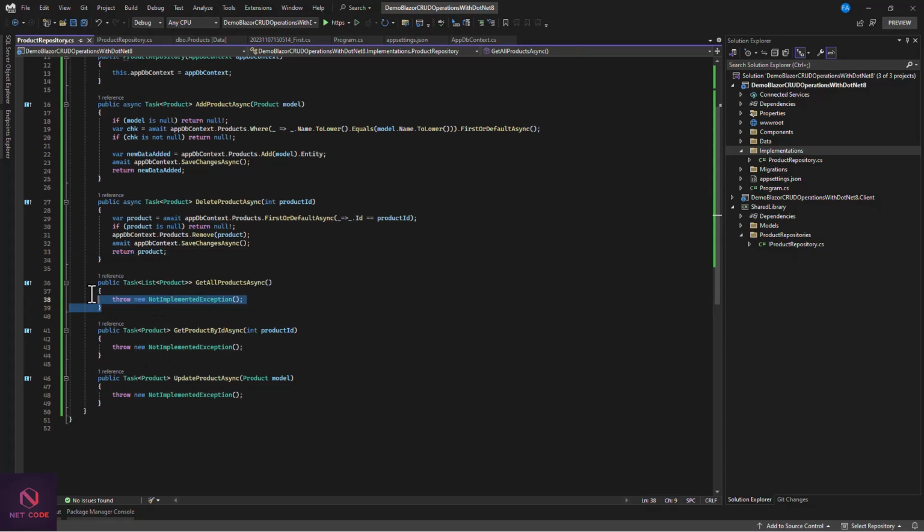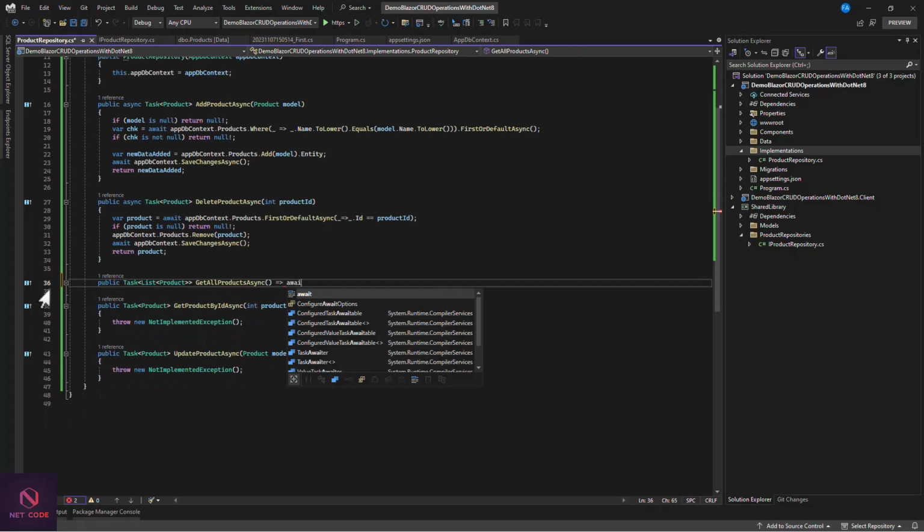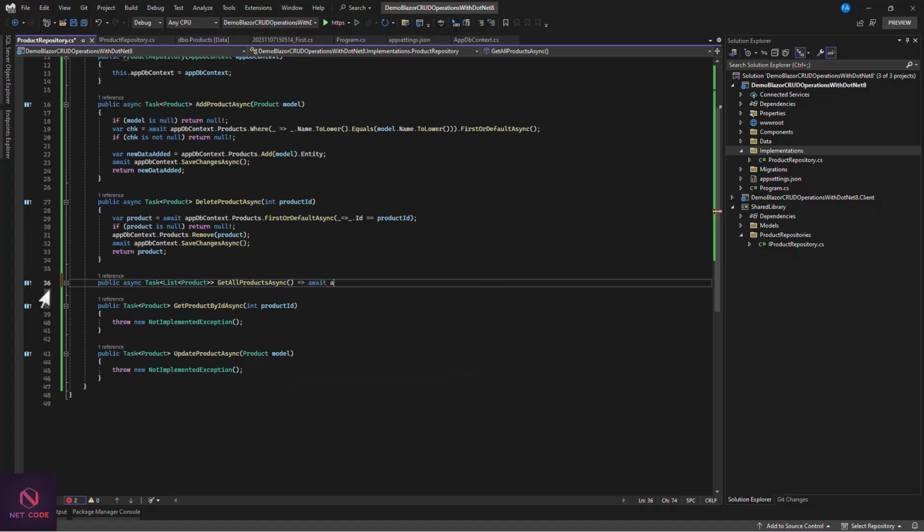As for this, let's use this lambda expression because it's very simple. Use this fat arrow and let's say await appdb context dot product dot toList async. If you actually want to know how to use this lambda expression, also the coalescing operator, I've made a video on that under EF core. So maybe I'll put it in the description. You can also check it over there, or check this playlist and check for EF core, and you're going to find that in there. But I'll try hard to put it